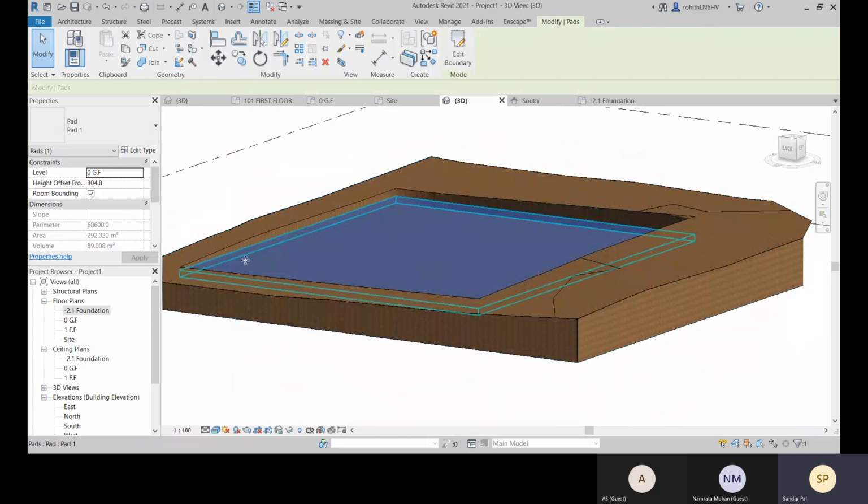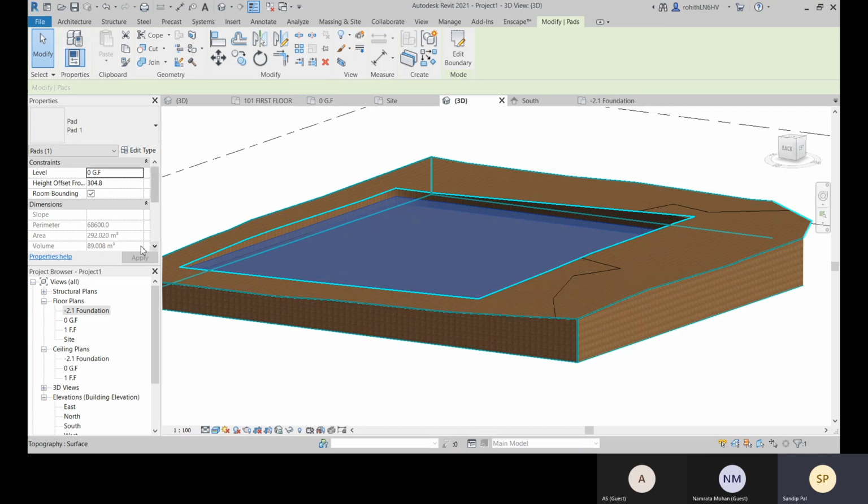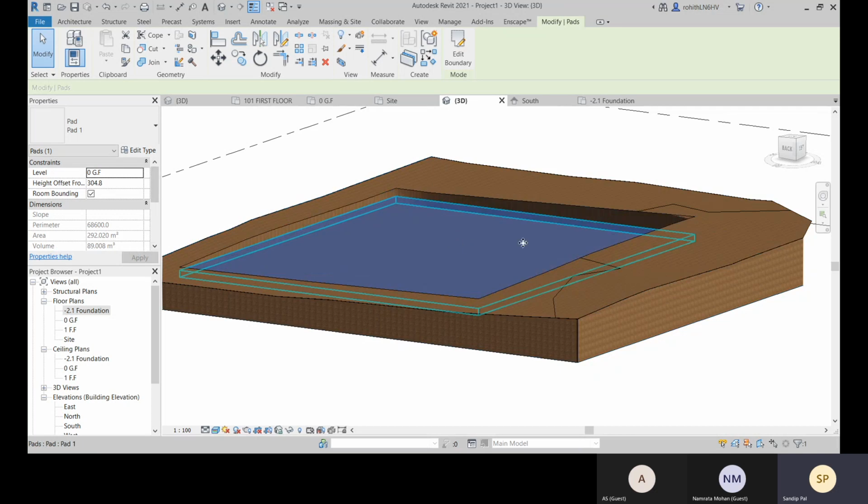If you give the building pad the thickness, you may have the idea of how much you excavated. The volume of excavation you can get from this also. You can give the proper height or proper thickness for this, so from this you can have the volume. It will give you the idea of how much you excavated.